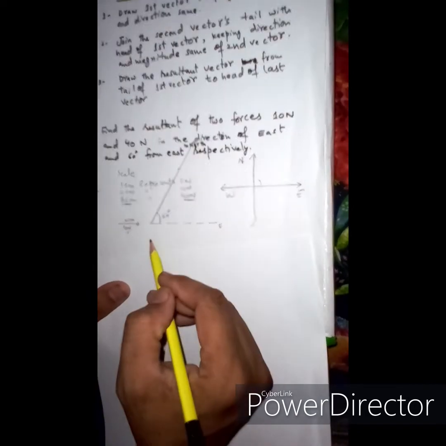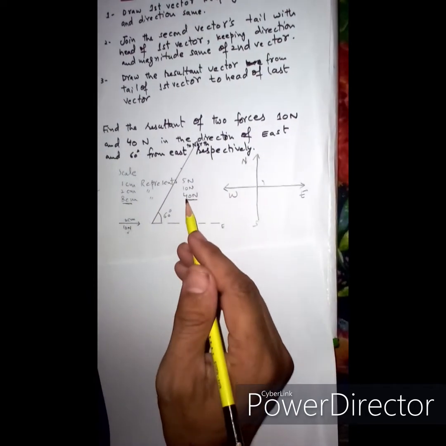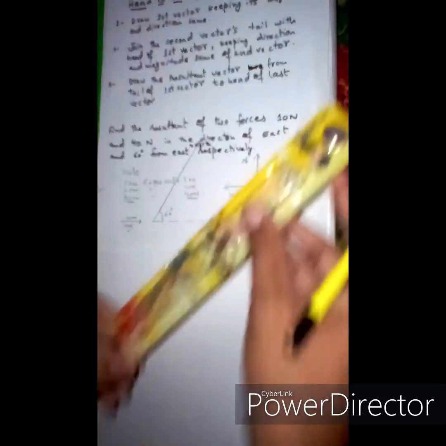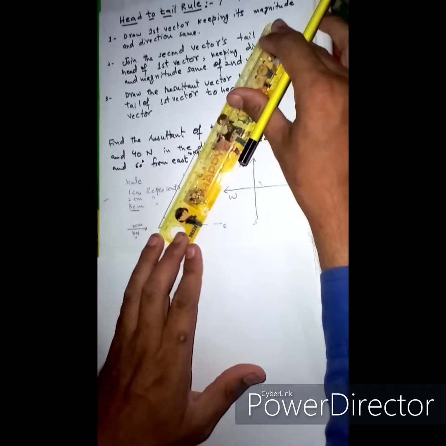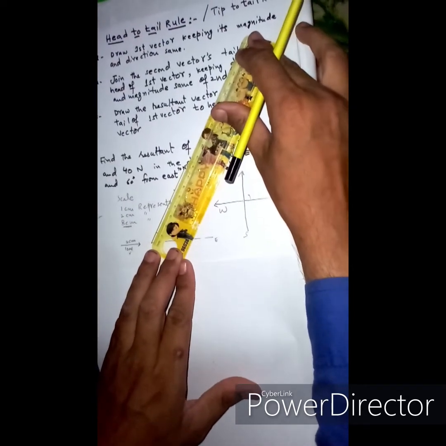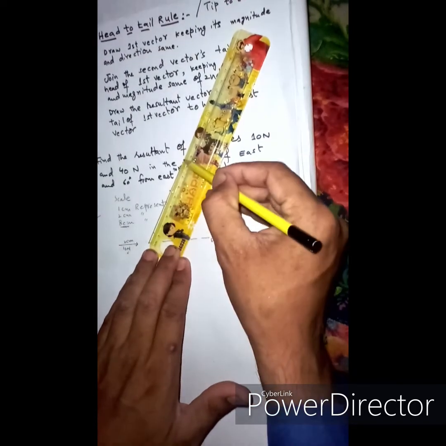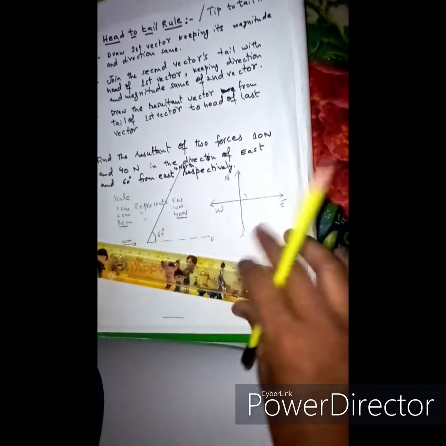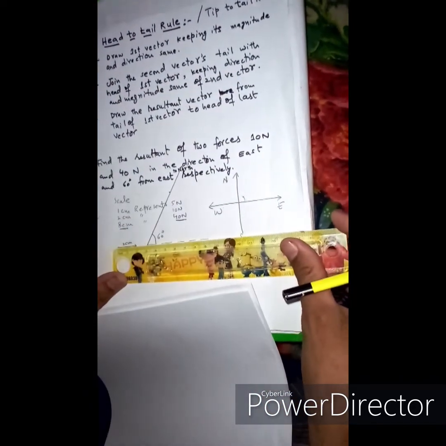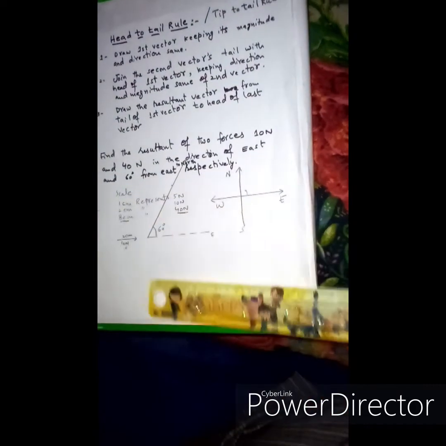So we do represent it in this way. This is 8 centimeter, exactly the line. Yes, you can see. Here we do have a scale. 8 centimeter line we do have. This one is starting from here to here. And in the same way, this is 2 centimeter line. Now, how do we get the resultant? Much easier right here. We can do it.